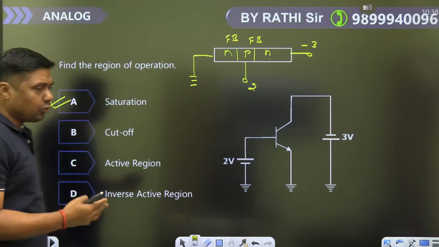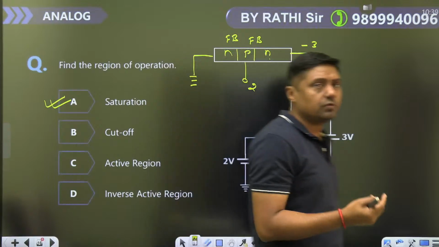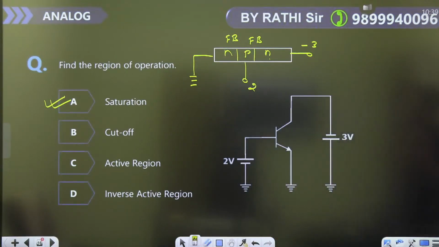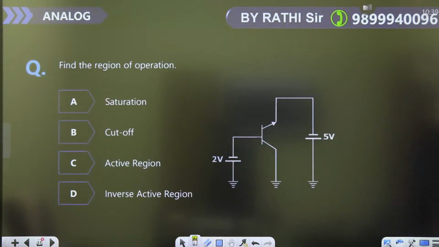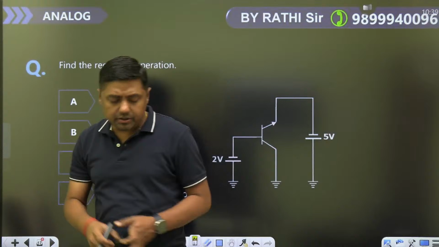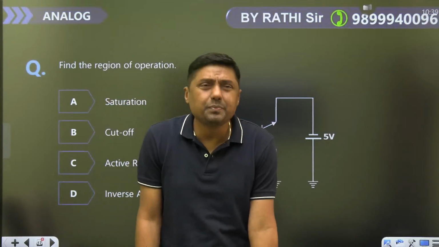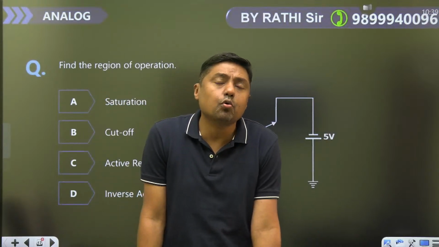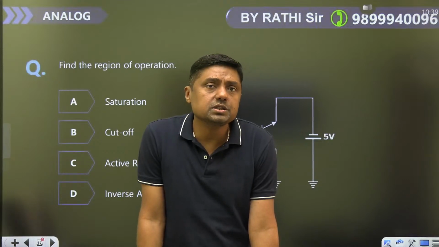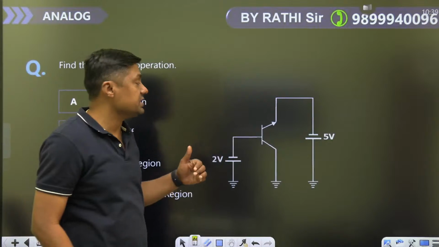देखिए चाहे आप एक्टिव में रखो, चाहे कट ऑफ में, चाहे सैचुरेशन में, we are putting it by the help of what? डीसी सप्लाई। यहाँ पर हम डीसी सप्लाई से इसको मेंटेन करते हैं। देन अब आप इसका बना सकते हो। आपको यहाँ पर दिखाई दे रहा है, इसमें क्या किया? डायग्राम के डायरेक्शन। कई बार क्या होता है, बहुत ही बेसिक सा क्वेश्चन होता है, डायग्राम के ओरिएंटेशन को चेंज कर देते हैं। ओरिएंटेशन चेंज करने से भी हमको कंफ्यूजन हो जाता है कि ये कौन से रीजन में है।